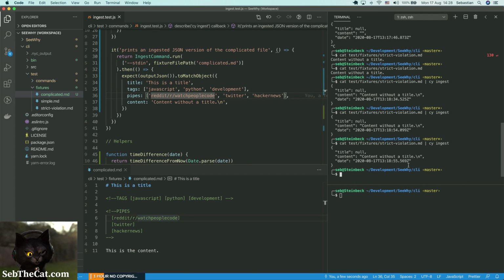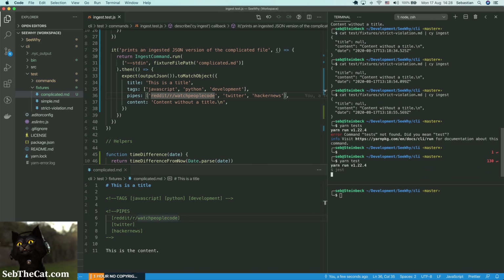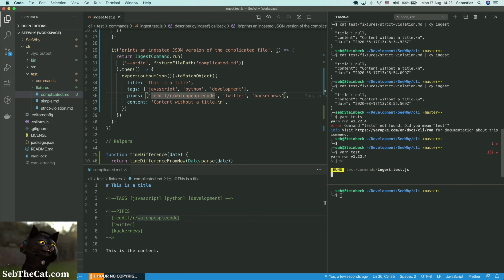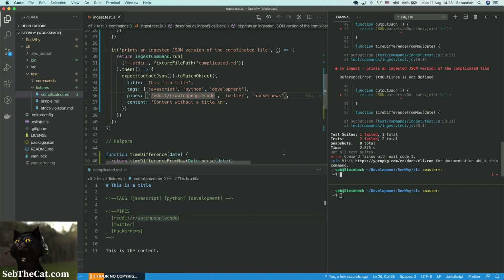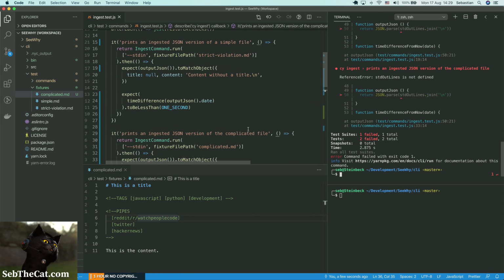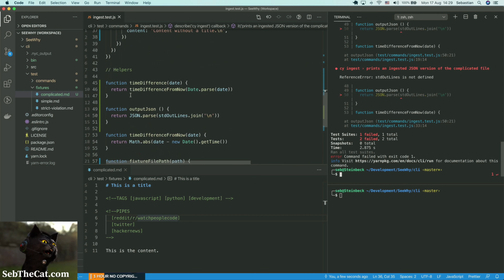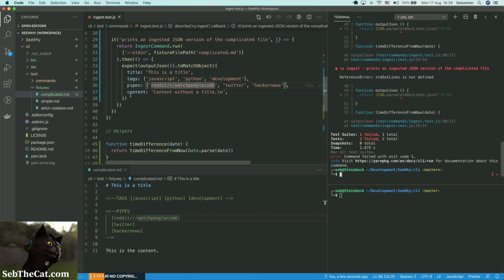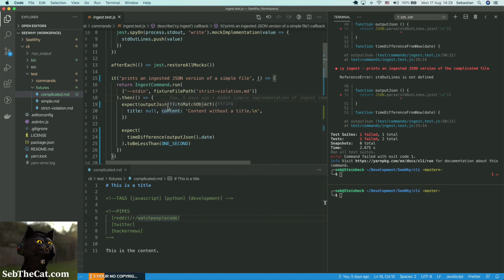So if I run my tests, I should get a failure. Send out lines is not defined. What? Yep. Okay, so what we need to do is we need to